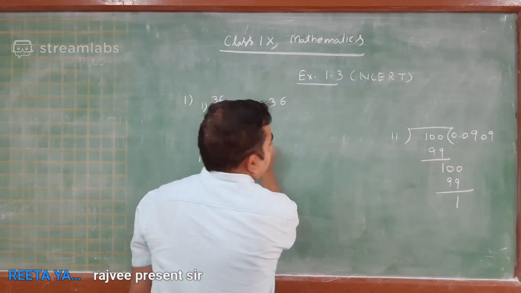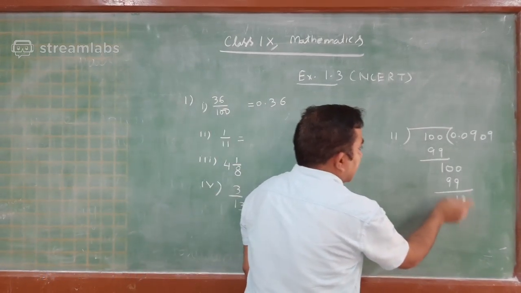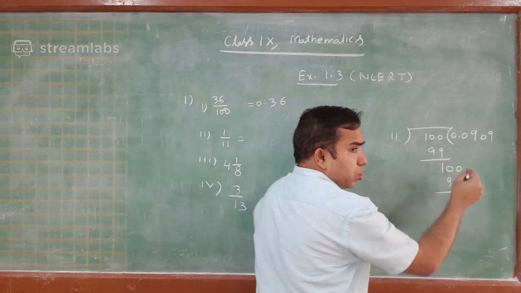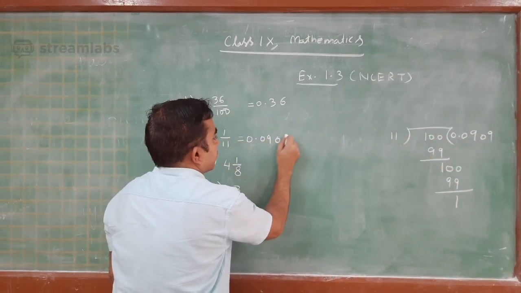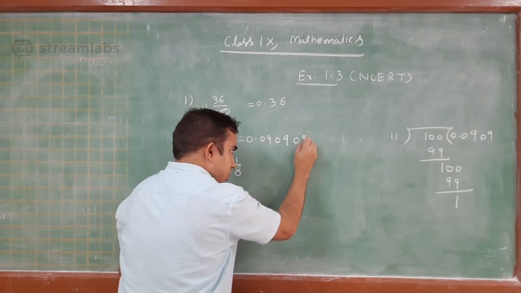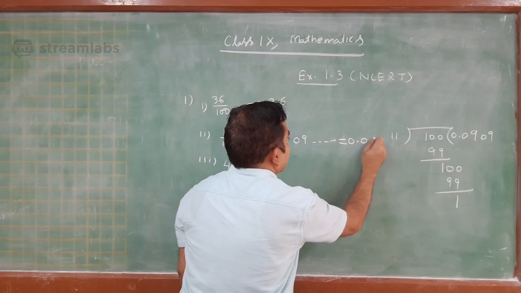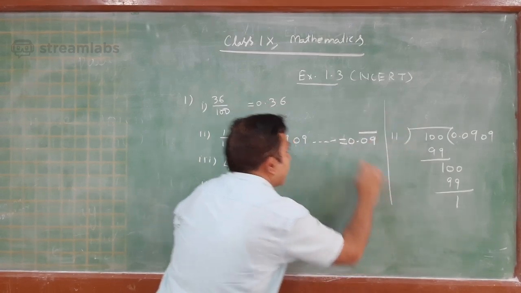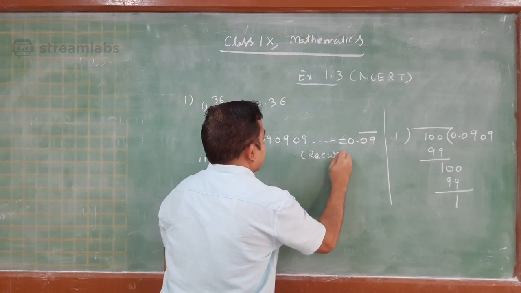So this number 1 upon 11 in decimal form, because the remainder has become the same, isn't it? So it will keep on repeating itself. 09, 09, 09, etc. Right? This can be written in the manner 0.09 bar also, right? So which decimal expansion is it? Recurring decimal expansion,